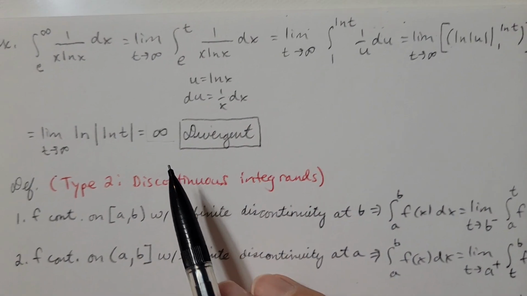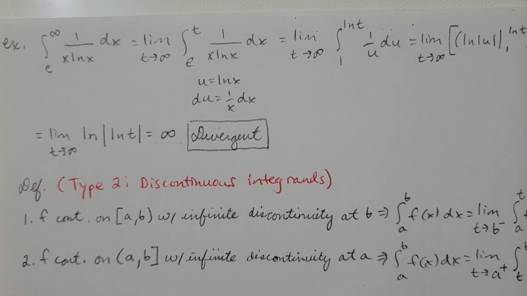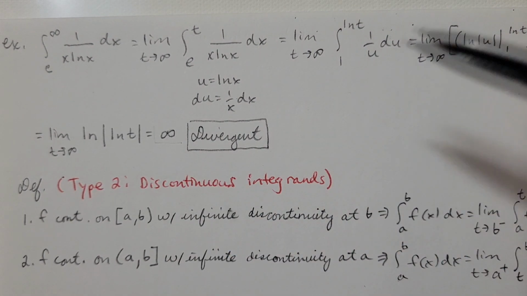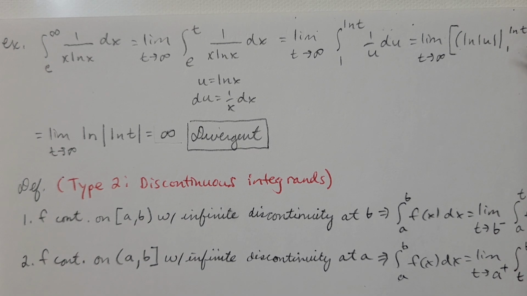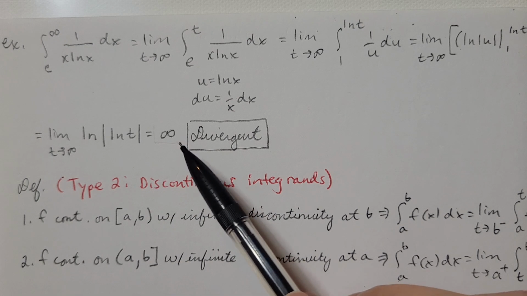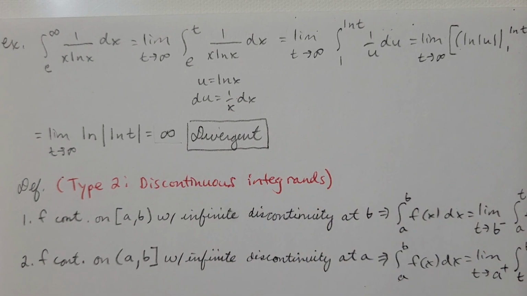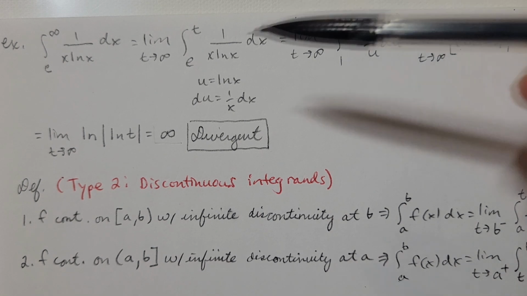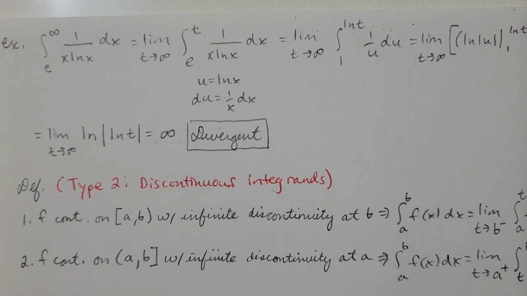So I'll be subtracting 0. And t is approaching infinity. So the ln of t would also be approaching infinity, and the ln of something that's growing without bound is something that's growing without bound. So we get infinity as the answer there. That's a divergent integral. So the area under the curve is going to be an infinite region,